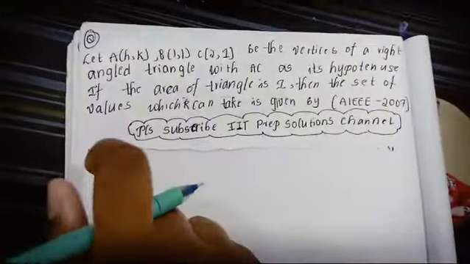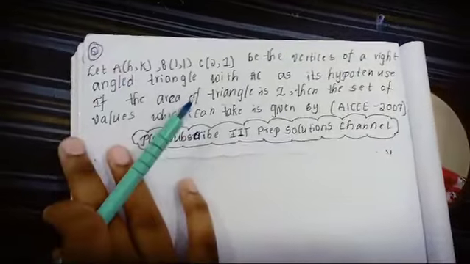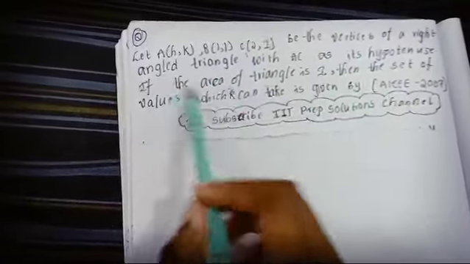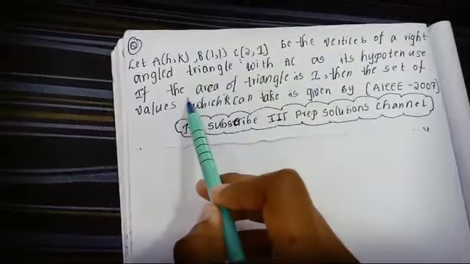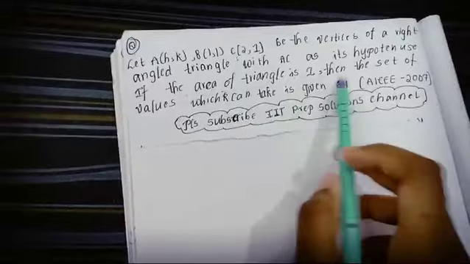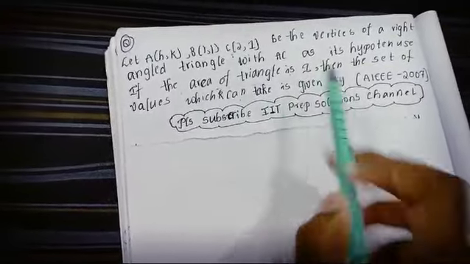Today we are discussing this question, okay? Let A = (h, k), B = (1, 1), C = (2, 1) be the vertices of a right angle triangle with AC as its hypotenuse. If the area of the triangle is 1, that means delta = 1, then the set of values which k can take is given by